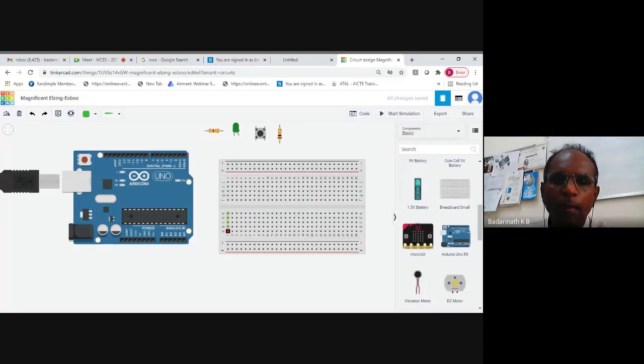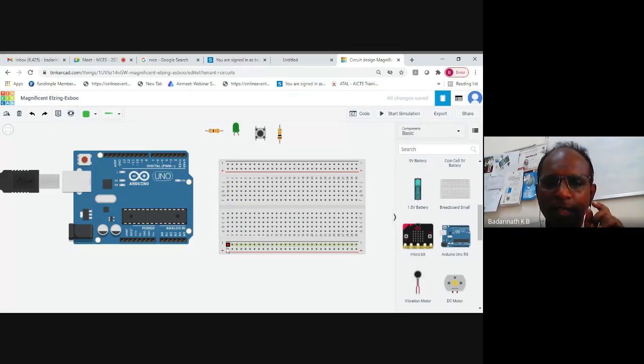If you want to make 4 connections to a single point, it is easy to use this type of column arrangement, because all 5 connections that are internally connected are the same. That is, you can take out 5 wires from the same point. Similarly here, every column is like that. And on this side, another set of columns is there. This is a different set and these are a different set. Internally they are connected.